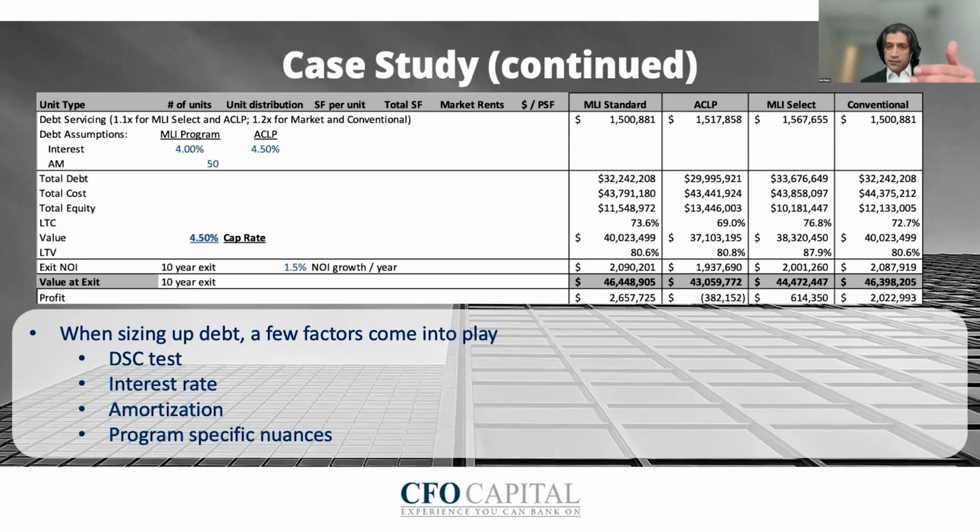So in this specific program, again, I want to be clear here, your site could offer up very, very different numbers, where let's say ACLP could be the one that comes out on top. It comes down to a unit mix, the location, what rents that you can achieve. It's really, really site and case specific. So in this case, the best offer here was indeed